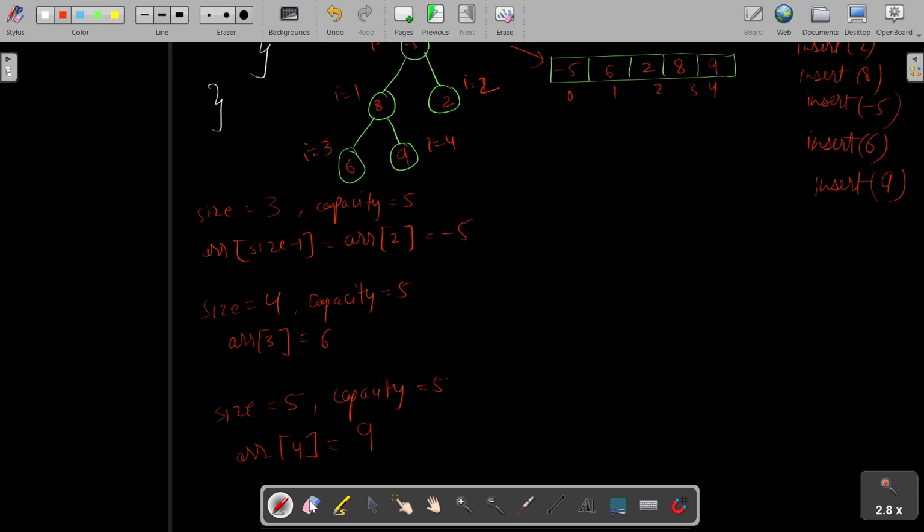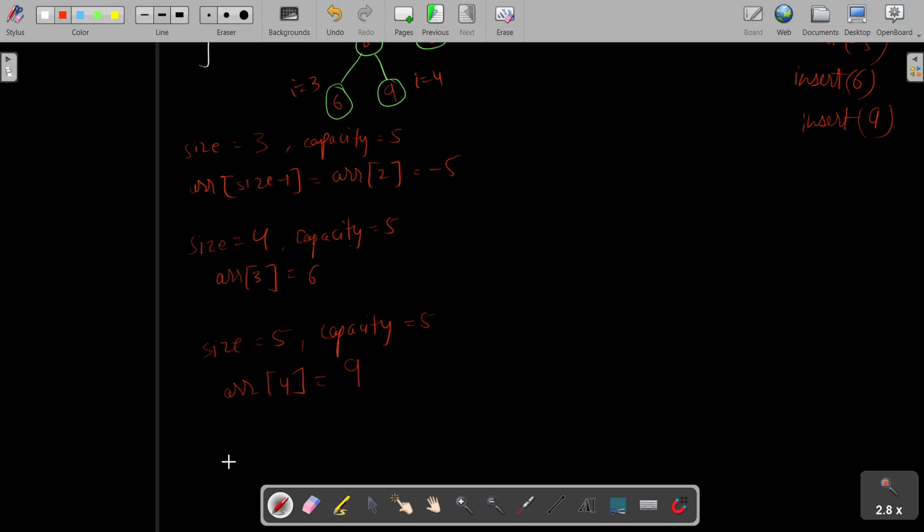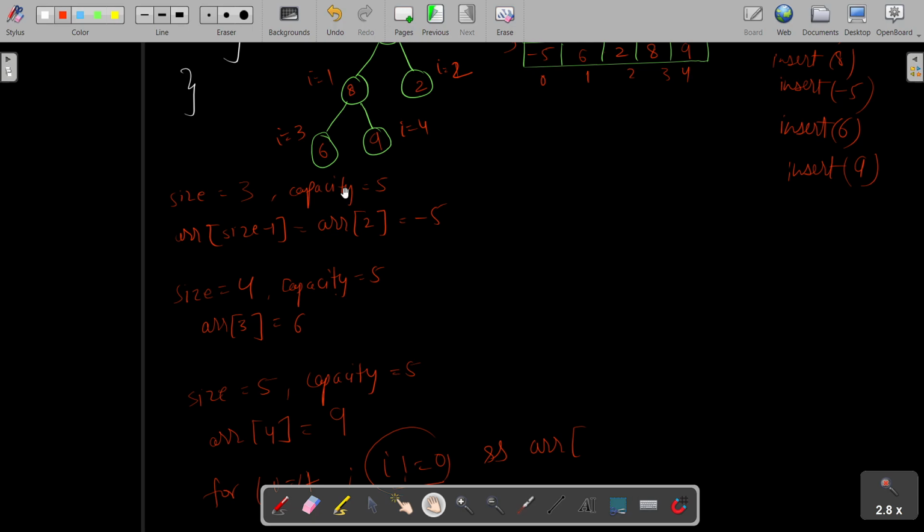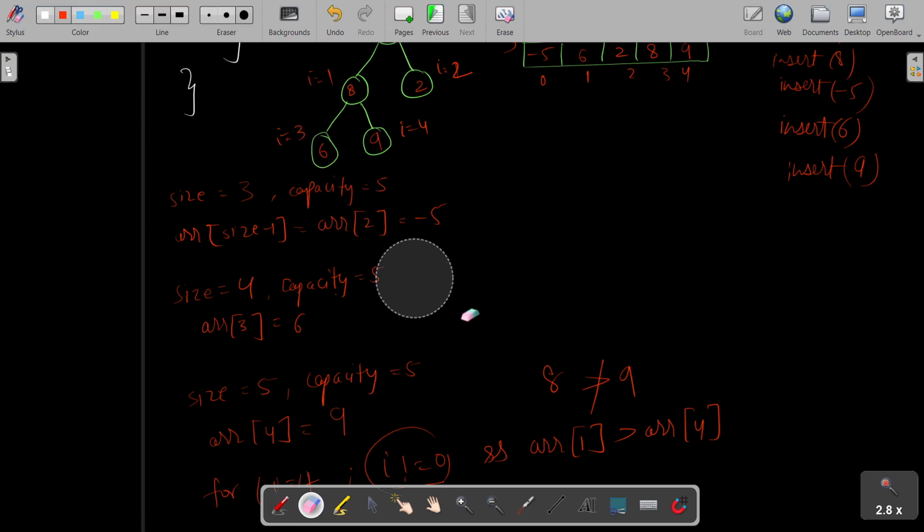Okay, now what we are going to do is check the for loop. Okay, for I equals to size minus 1, so 4, I equals to 4, I does not equal 0, this condition is satisfied, and the other condition should be satisfied as well along with this, right? So the other condition is ARR of parent of I, parent of 4, parent of index 4 is index 1, right? So whether ARR of 1 is greater than ARR of 4, let's see. So ARR of 1 is 8, whether 8 is greater than 9? No. So this condition is false, hence the statement within the for loop won't be executed. Okay, they won't be executed,